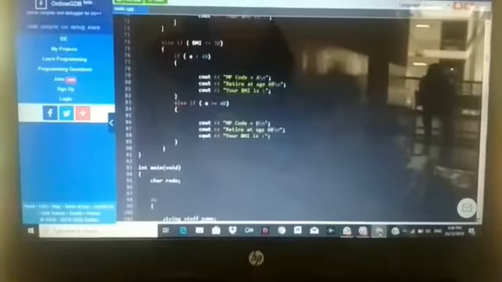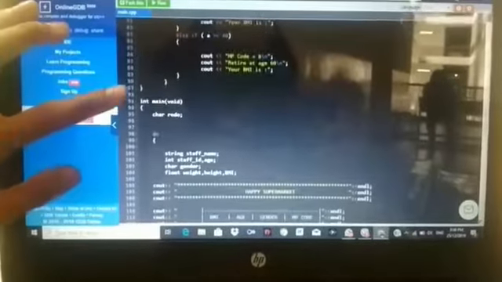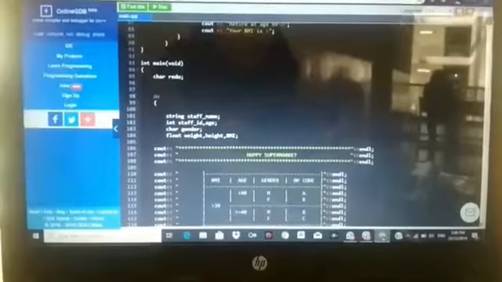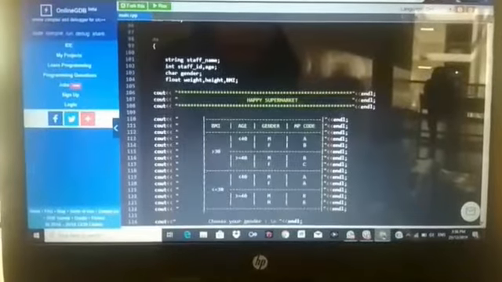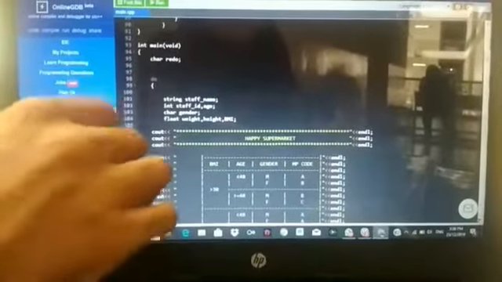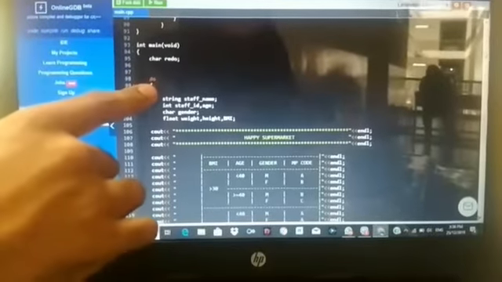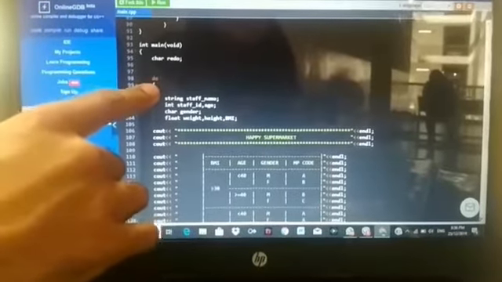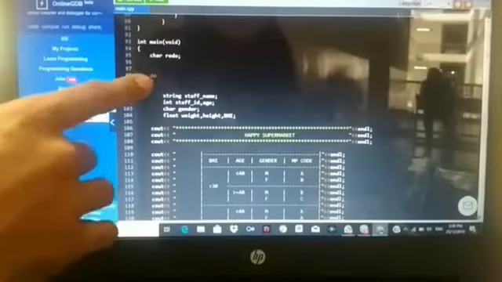Okay, then we go through to the integer main, our main function. First, we have the declaration, which is char redo. Then we have the loop, repetition, for which we use do.